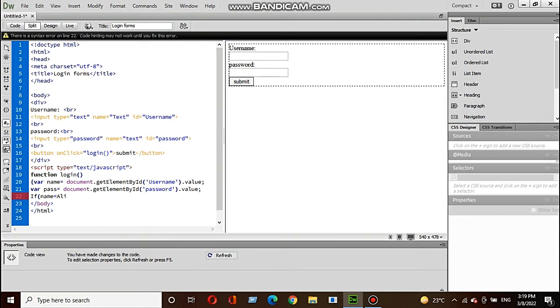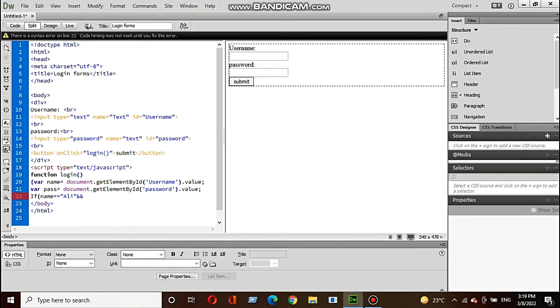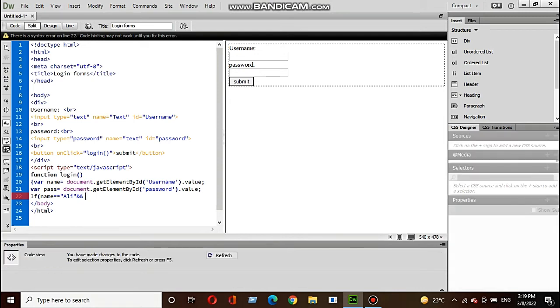Name double equals to Ali, and password equals 1 2 3 4. Apply any kind of password you want. Close bracket, and then